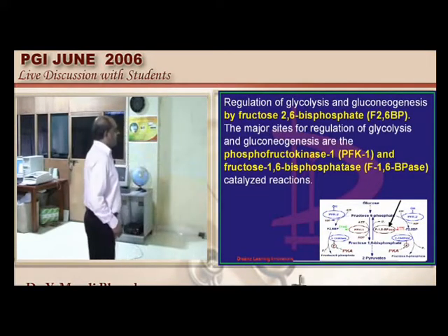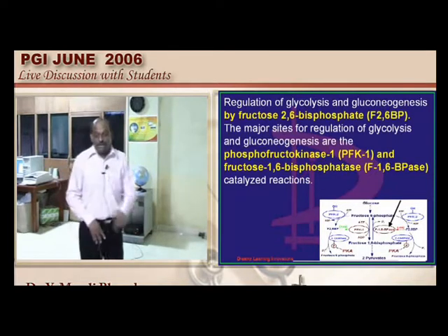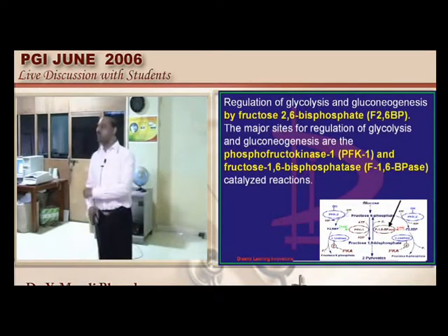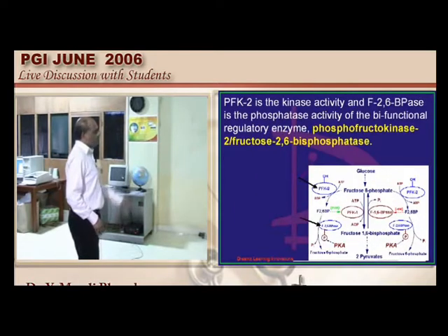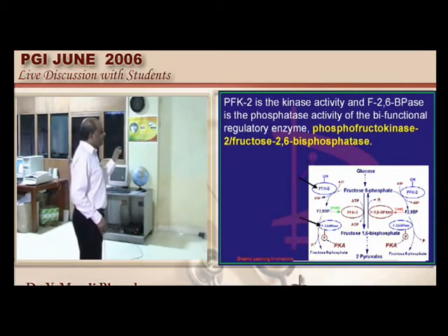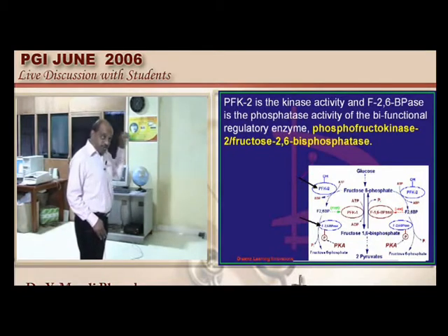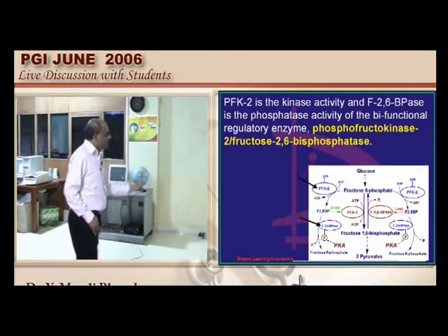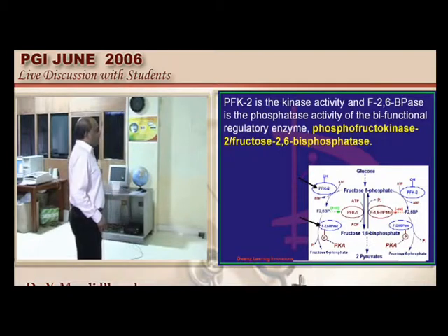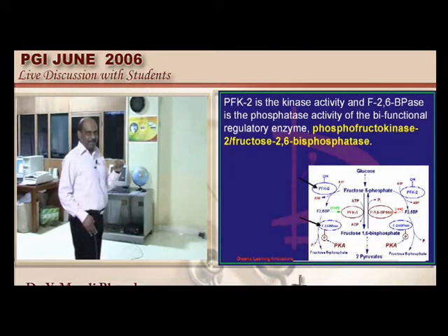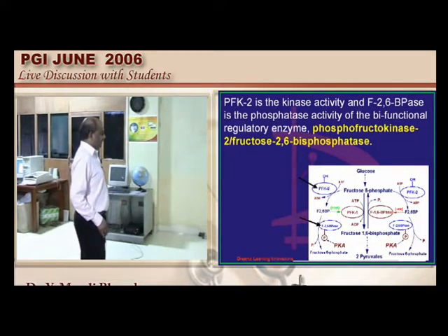For that you require fructose 1,6 biphosphatase, which is considered the rate limiting enzyme in the case of the reverse, gluconeogenesis. Now the question is, if you have phosphofructokinase 1, you also have phosphofructokinase 2, then what is that fellow doing? Basically phosphofructokinase 2 is the one which will convert the fructose 6 phosphate into fructose 2,6 biphosphate. In turn, fructose 2,6 biphosphate will cause a stimulation of the phosphofructokinase, and it will enable the glycolysis to go in a forward direction. So 2 will cause fructose 2,6 biphosphate formation, 1 will cause fructose 1,6 biphosphate formation, is what we have to be very, very clear about.